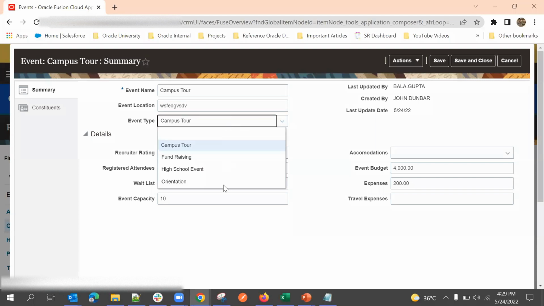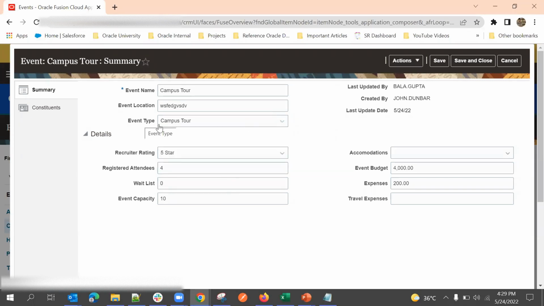Now what I'll do: my workflow will trigger if I change event type to orientation, right? If I do the same thing in the trigger, as soon as I click save, the change we can see immediately. But you can notice in this workflow